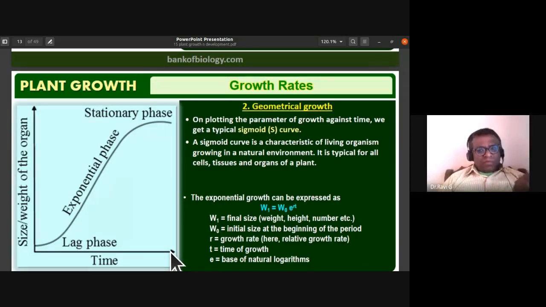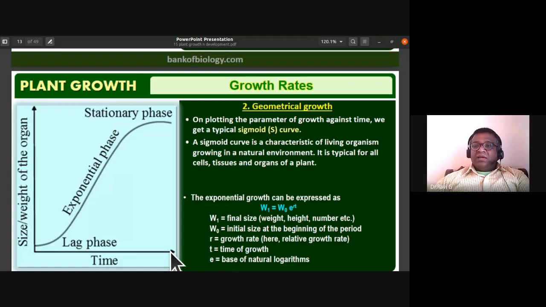Okay, even in human beings, we have this sigmoid curve. So the initial period of growth is the lag phase, isn't it? From an infant, at 1 year, 2 years, their development stages are very slow. Still 10 or 12 years, their development stages are very slow. After they attain adolescence or puberty, they have maximum growth. This grand period of growth, or exponential phase, takes place at this stage.